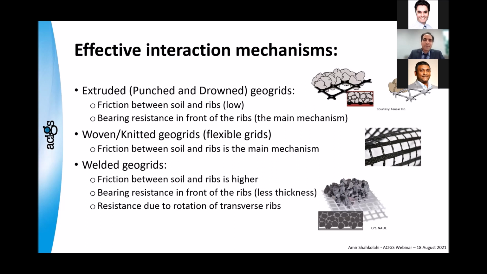So this doesn't give any idea of which product is better than the other. That is not a true statement to make. It's just different products, different mechanisms. You can have a study where all of them perform the same. At the end, the performance is the same. There can be one test where one of them performed better than the other, and you change the test and the other one performs better. So it's not about which one is better or not better. It's just going through different mechanisms.